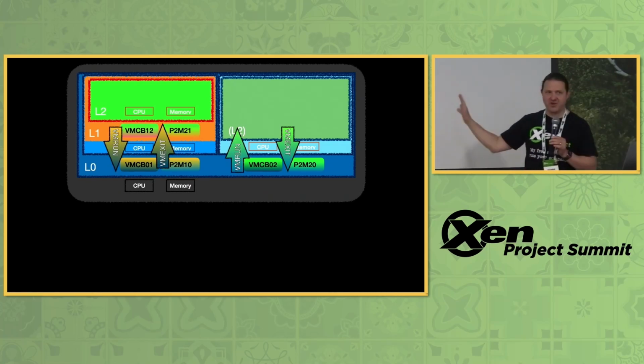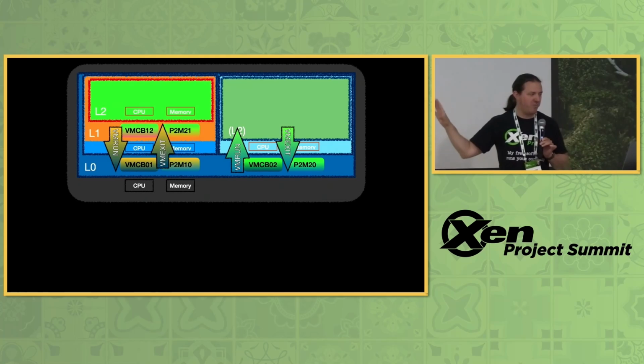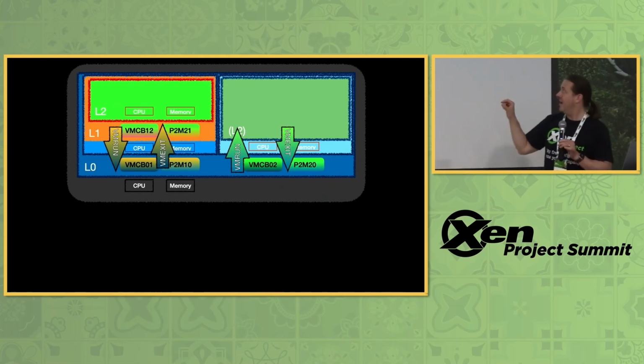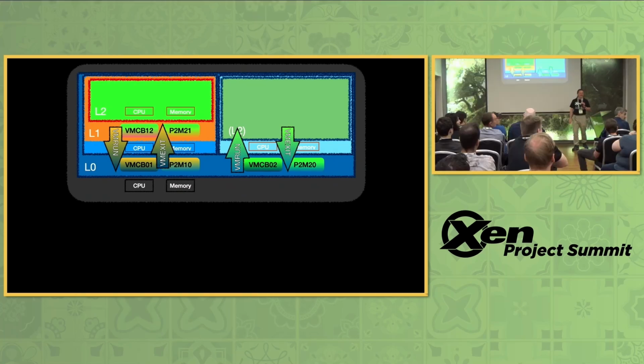Okay, so that's our picture, the high-level overview of what we're trying to accomplish with nested virt. Are there any questions about this? Yes, Mark. I'm sure you will cover it later, but how do you keep